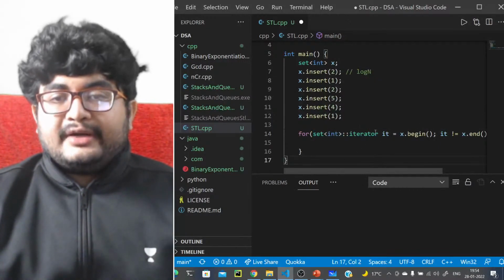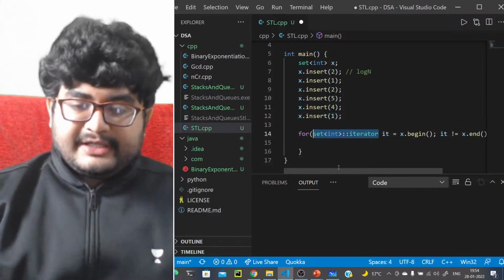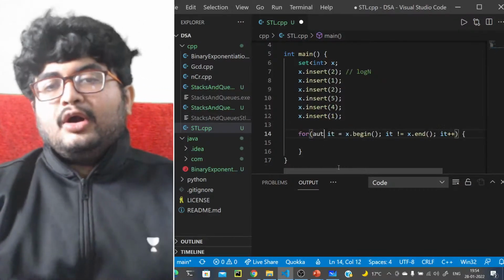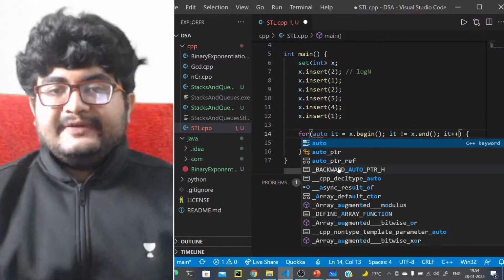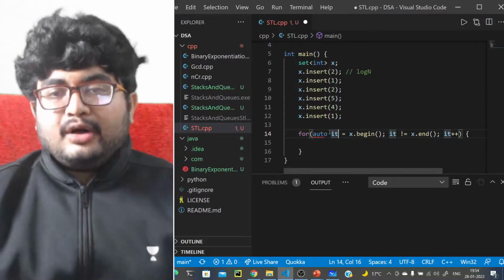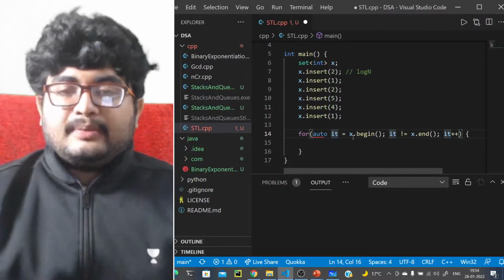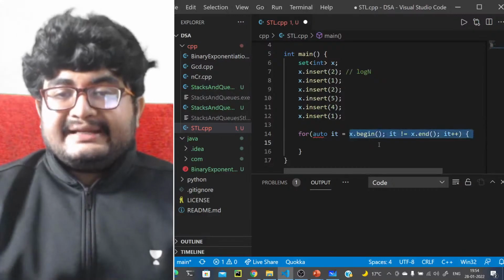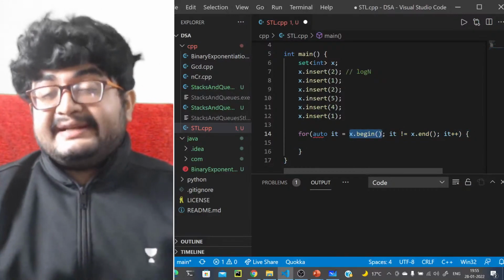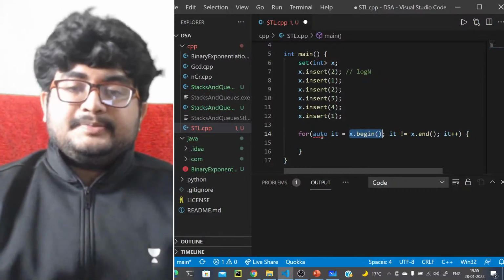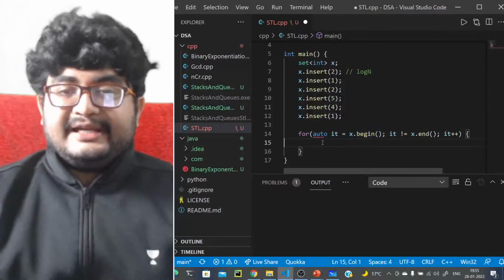So a shorter way is either a for each loop, or you can write auto like this. Auto will automatically take the type. It will take the right hand side, which is a set int iterator, so this auto will be set int iterator. It will automatically typecast.